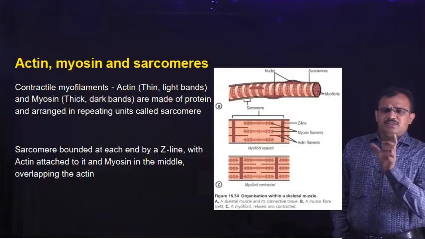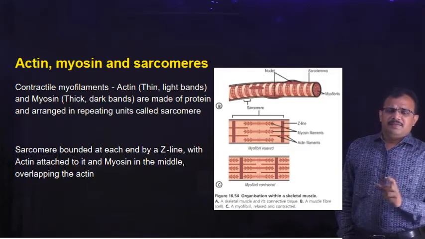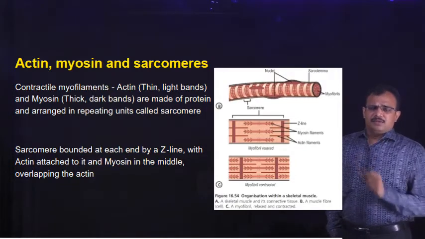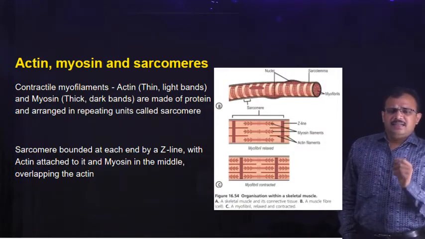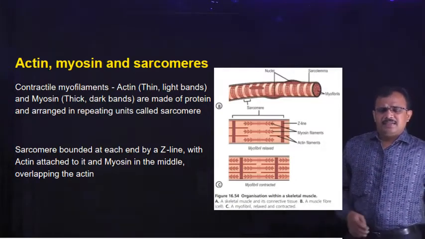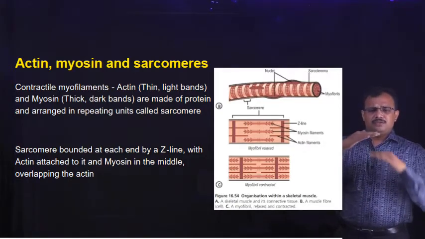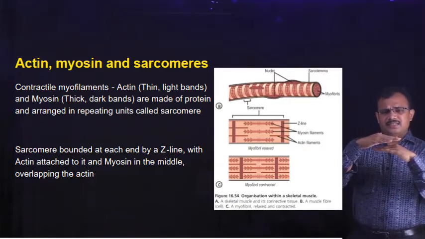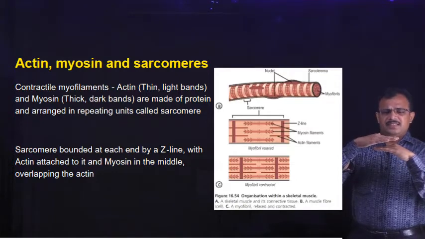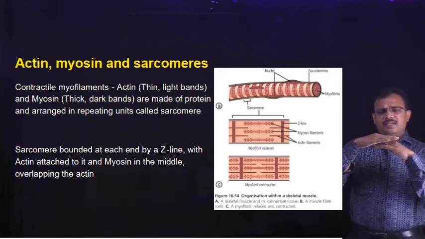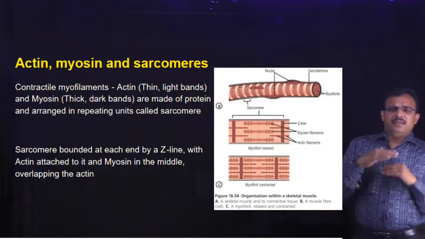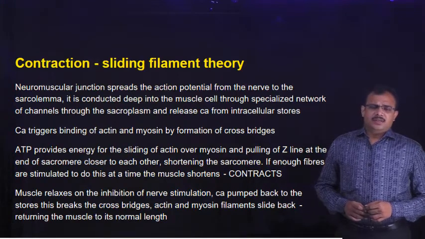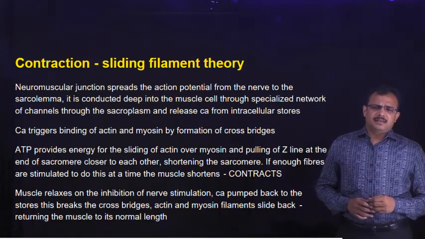The Z line is present on the two ends of the sarcomere, whereas the M line is present in the middle. The M line has the myosin filaments, whereas the Z line has the actin filaments, and these actin filaments and myosin filaments run parallel to each other. They are parallel to each other, and generally they do not have any direct contact between them in a resting state. Now let's see how the skeletal muscle cell functions.